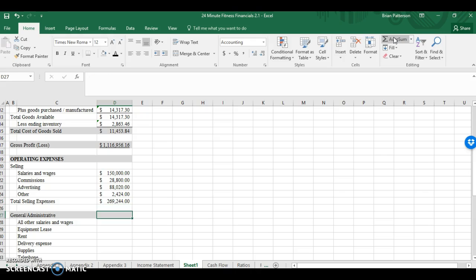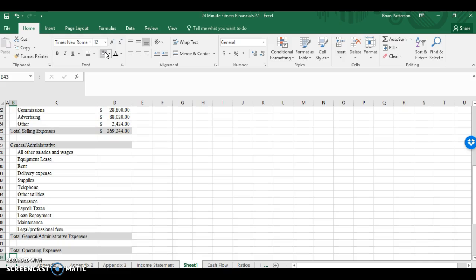and then I add up my general administrative expenses. And honestly, this total sales expense should be highlighted because it's an important category. All these other things I should be able to cut and paste almost directly from the